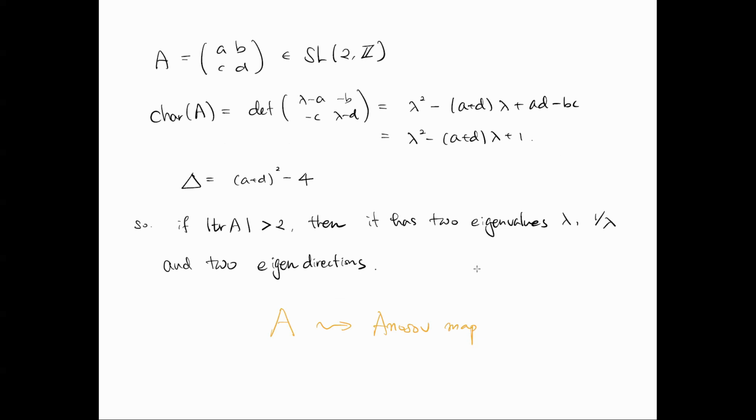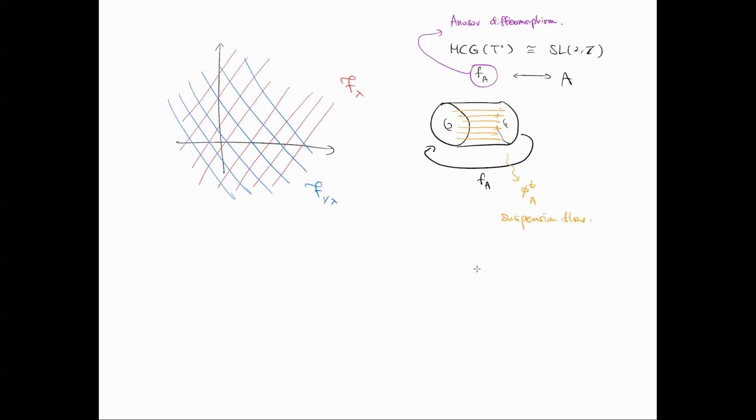So why do we care about this situation? Because you have 2 eigenvalues, and consider the eigendirection for each eigenvalue. So there are 2 directions. And you consider the linear foliation of R2 along these 2 eigendirections. So one of them is F lambda and the other one is F 1 over lambda. And now what happens if you consider